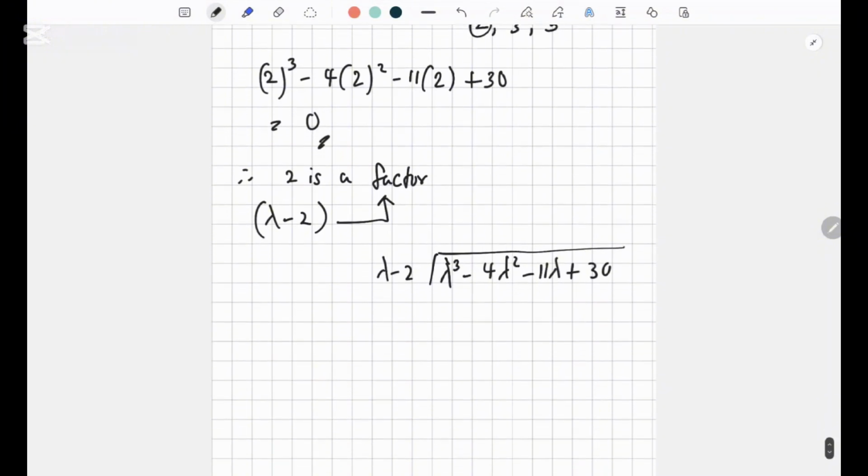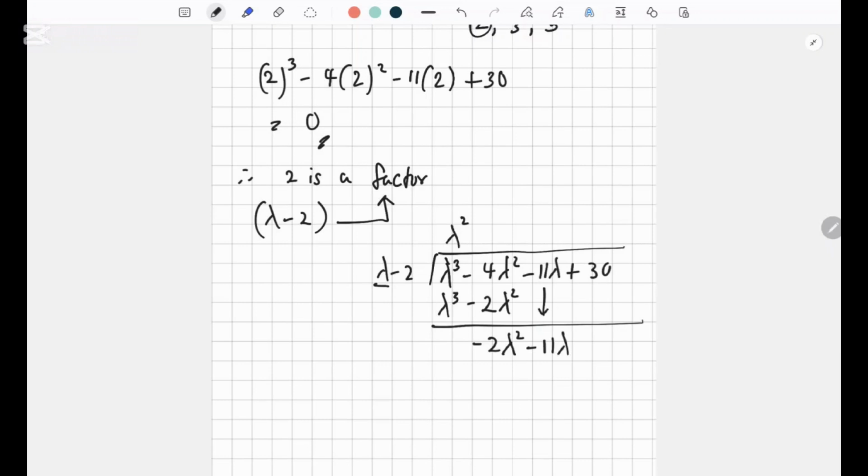Okay. So now let's divide. So you divide every term with lambda, and then you multiply it again. So lambda cubed divided by lambda is lambda squared. Lambda squared into lambda is lambda cubed, and lambda squared into minus 2 is minus 2 lambda squared. Now you have to subtract to get the remainder. So minus 4 lambda squared minus, open brackets, minus 2 lambda squared, close brackets. That's minus 2 lambda squared, right? You subtract those. So you get